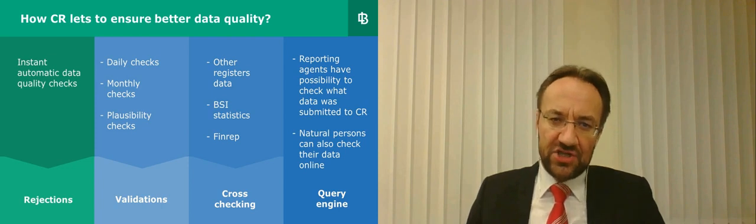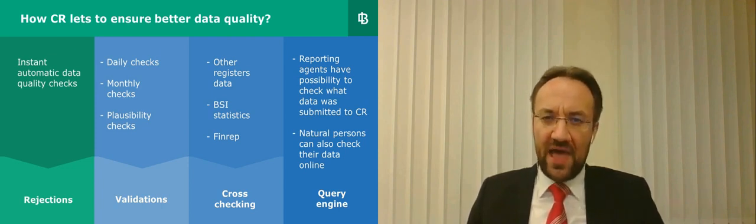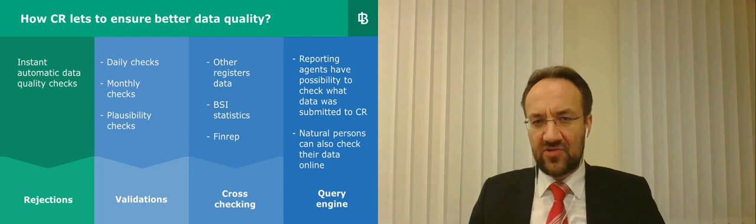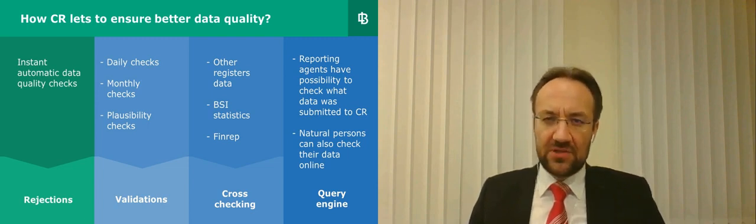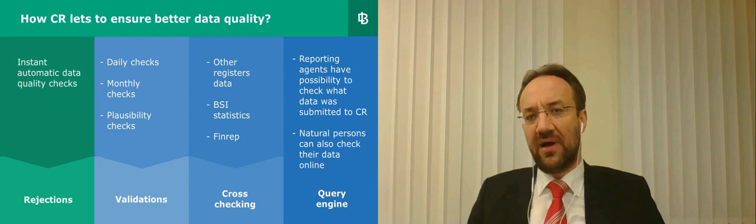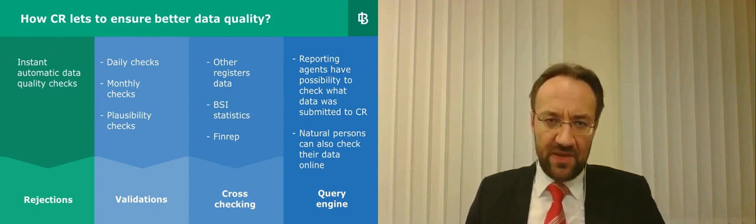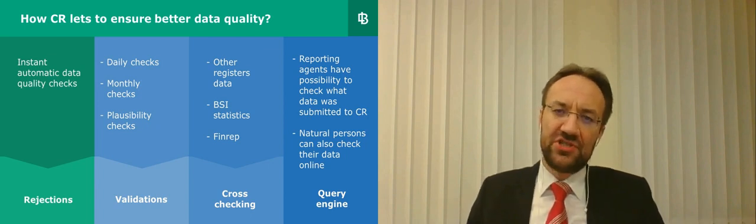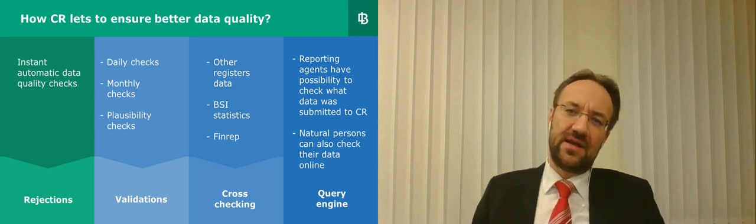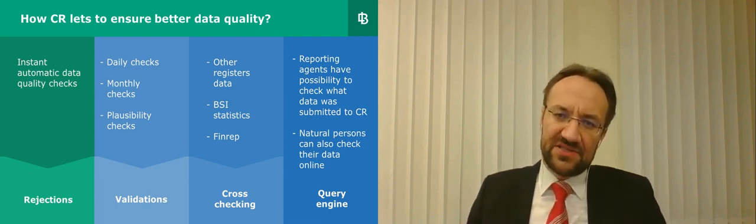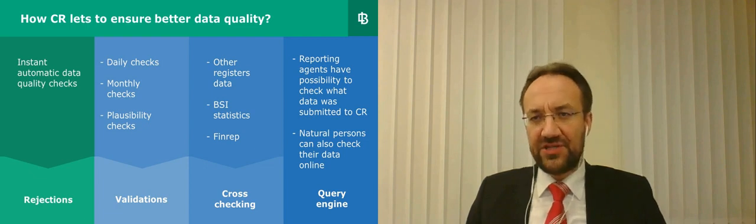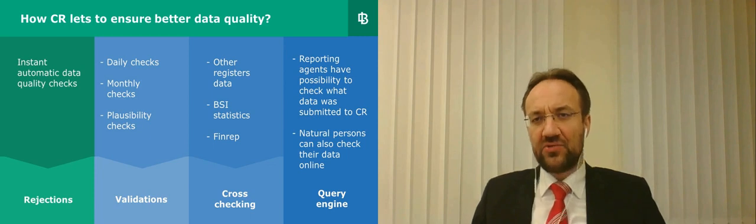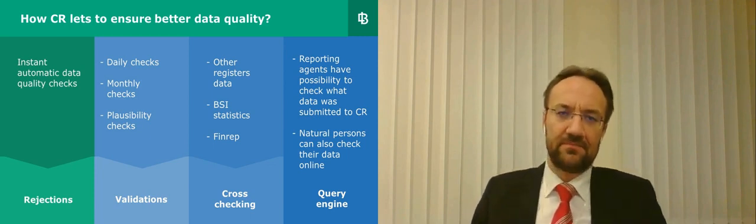Cross-checking implies that we need to aggregate granular data in the credit register, and we also need to import data from other systems into the credit register to make this cross-checking possible. Having all these checks, better quality can be assured, with mistakes found and corrected as early as possible. But it's interesting to note that all those validations and checks ensure quality not only of credit register data, but also of data in other reports.